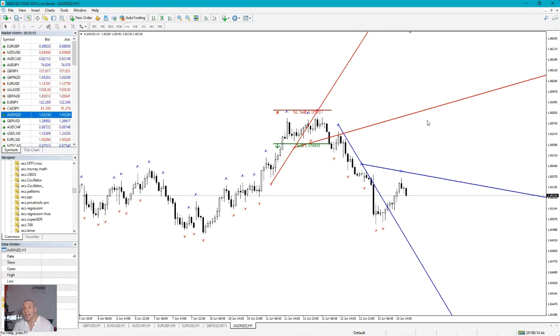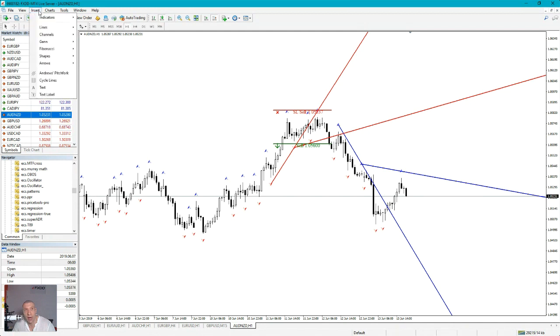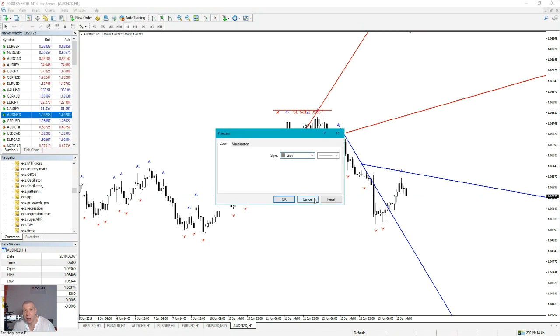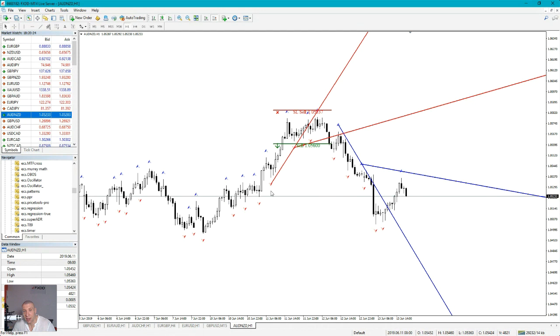Okay, this indicator draws the lines automatically, and you can see it here. If you don't know how to chart it, I will repeat again. When price is moving upward, you can draw it yourself. Just place fractals. You go to Insert, Indicators, Bill Williams, and you go to Fractals. Okay. Place it on your chart. You will see fractals. So when price is going up, you connect 2 fractals that are below the price. So point 1, point 2, you connect it.